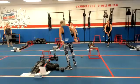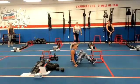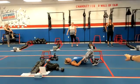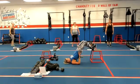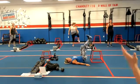Then we have 10 glute bridges on your back, or if you have something at home, if you want to elevate it here in the gym, you can elevate on that box. But whether you're on the ground or not, I want your toes directed up to the ceiling. Dig those heels into the ground. You're squeezing your glutes. The glutes is what's bringing you up, and you have your core tight to protect that lower back. And you're lifting all the way up to the shoulder blades, remember,